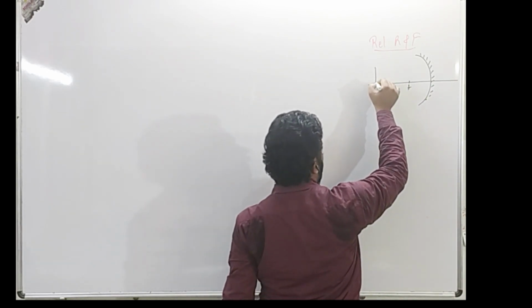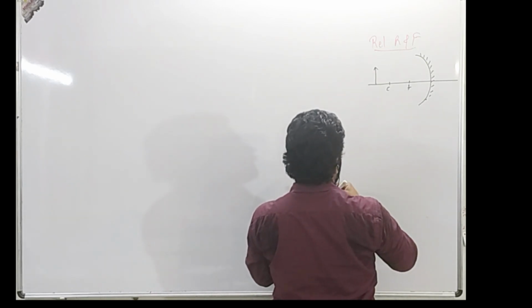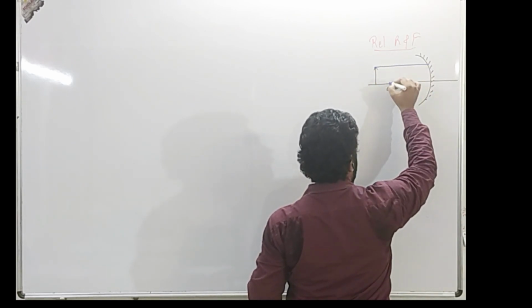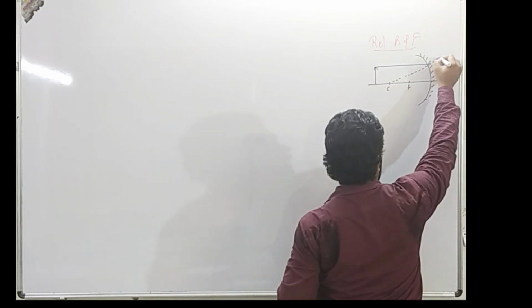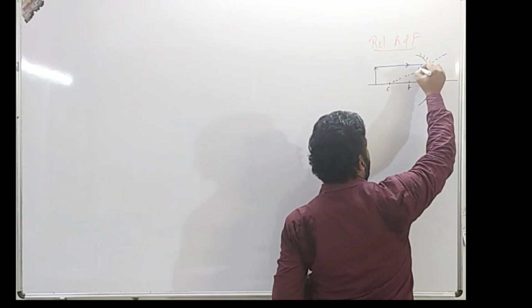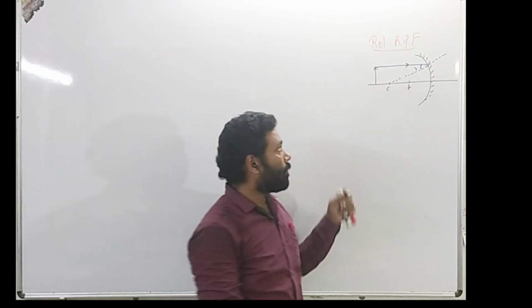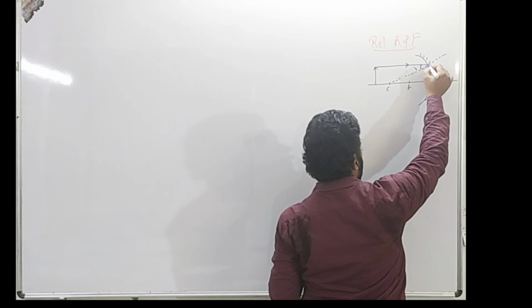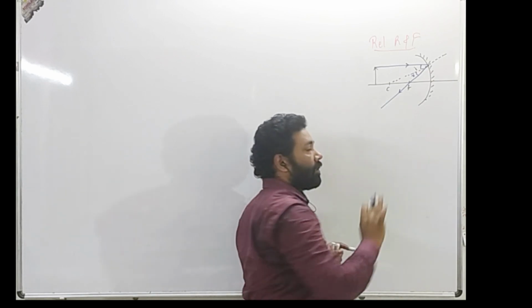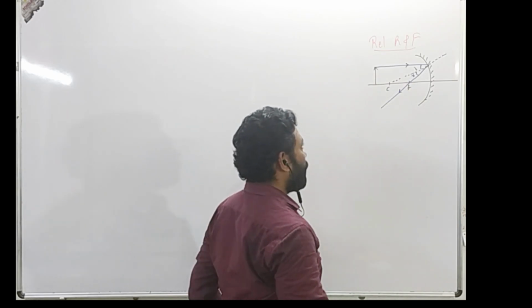So let's say if the object is here, the ray of light starting from the object, after reflection, in which direction would it go? Let us draw a normal which will help us to identify in which direction this ray must go. Normal and incident ray, this one will be the angle of incidence. Obviously it is a mirror, so it will follow the laws of reflection. As per the laws of reflection, if you draw a reflected ray, for sure it will pass through the focus. Even if you take measurements and try to draw, the reflected ray will pass through the focus.